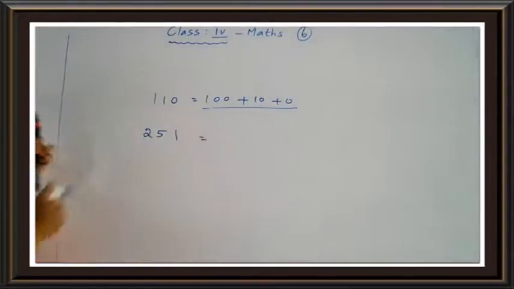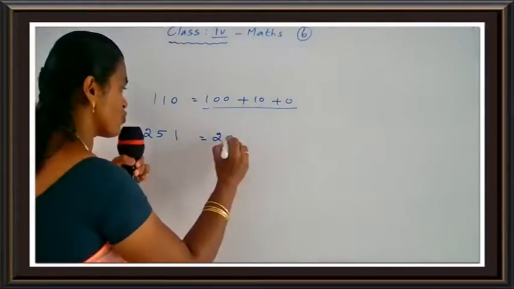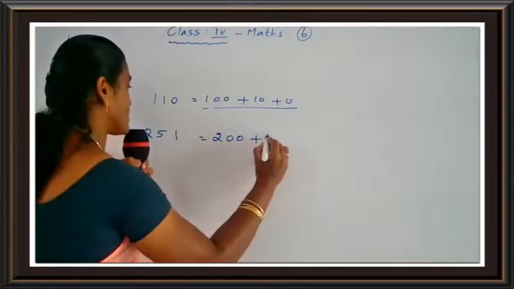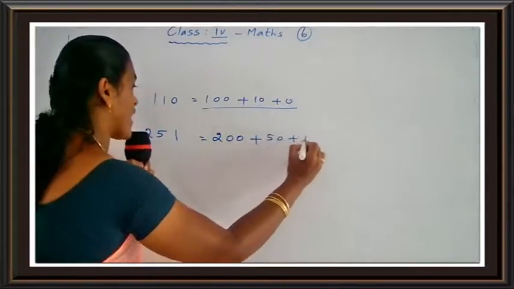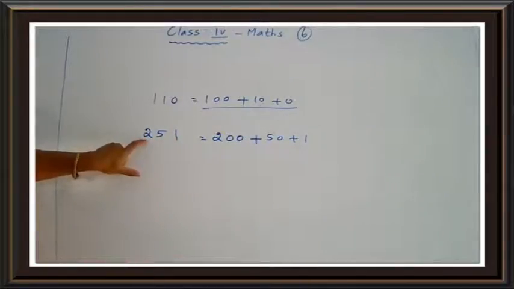For example, 251. Now what is the expanded form? 251 means 200 plus 50 plus 1. How? The place value of 2 is 200. What is the place value of 5? 5 tens. What is the